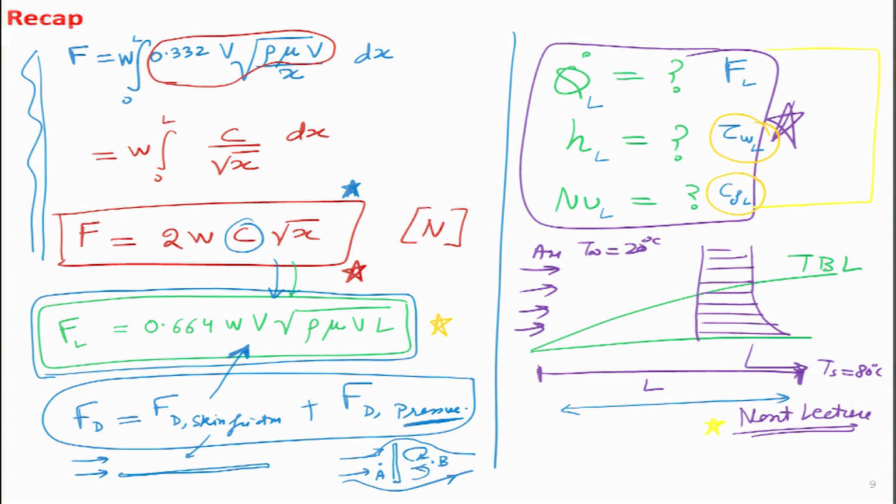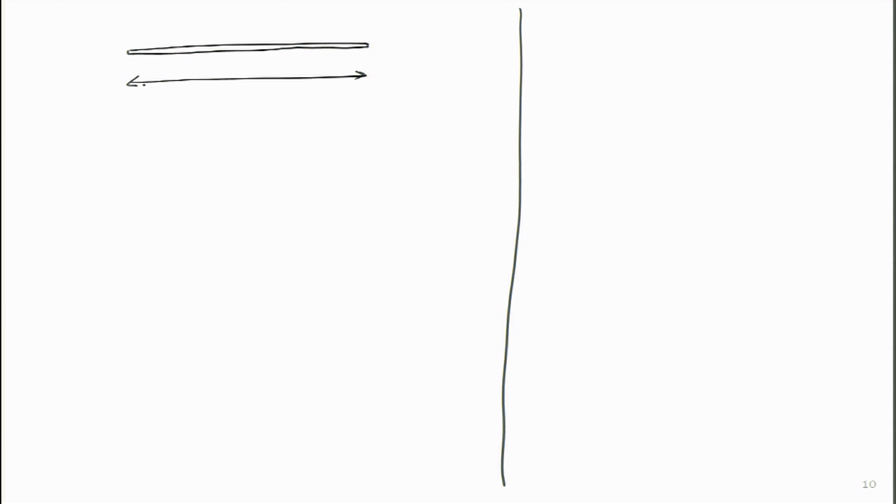CFL as well. So, for that I will move on to the next slide, and I will rewrite the equation again. What we are essentially looking at is, if we have a very thin plate of length L, I want to find out what is the total drag force which is acting over here, and this comes out because of the boundary layer. The shape of the velocity profile is like this.